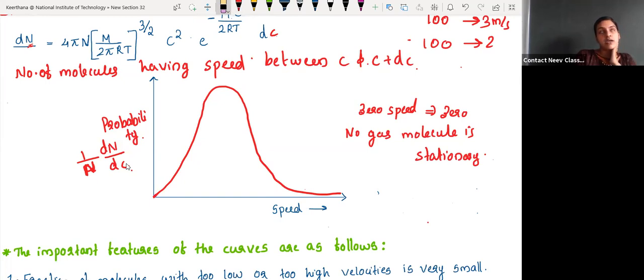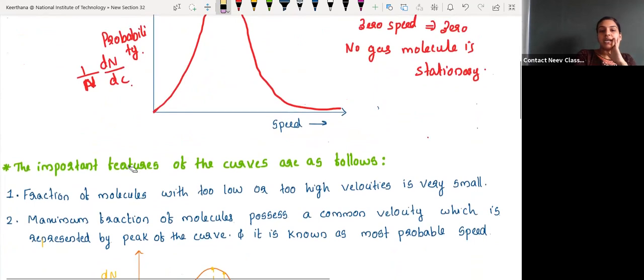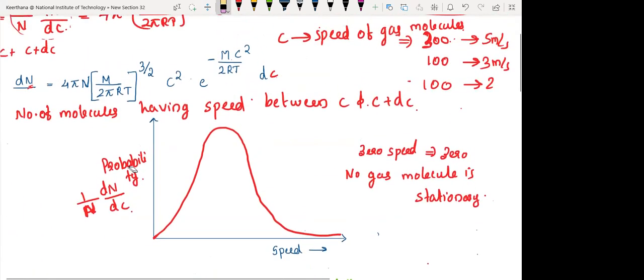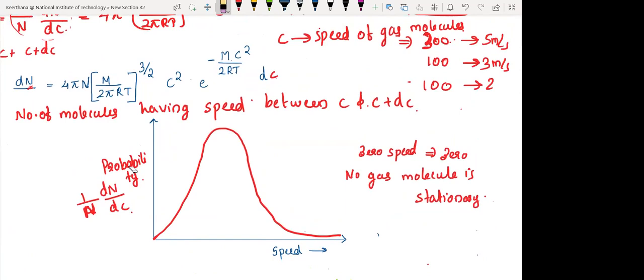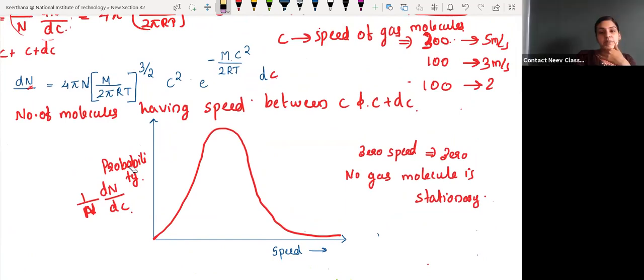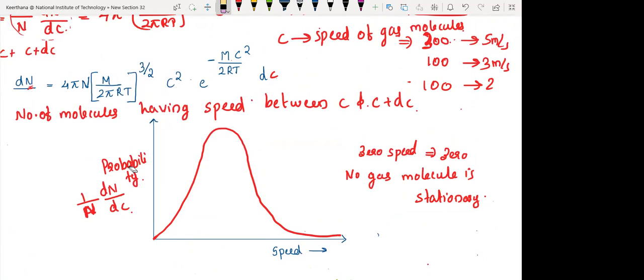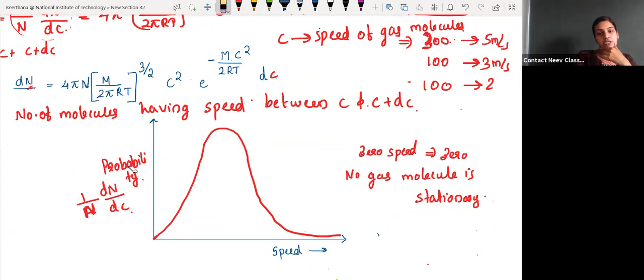If I'm drawing it, I think in your text it is defined as number of molecules versus speed, dn versus speed. And if we draw this dn versus speed also, you will get the same curve naturally. Is that clear? The highest speed and all that will depend on the gas, right? Yes, the values will depend upon the gas as well as temperature. If we change the temperature, that will change, or if we change the gas also, that will change.